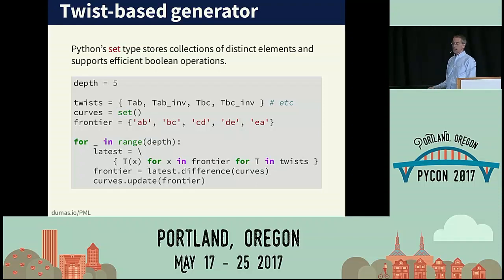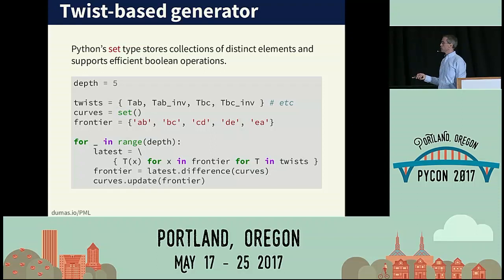The Python set data type is perfect for this kind of thing. It's meant for storing collections of distinct elements, so it takes care of filtering duplicates out for you. And it supports efficient Boolean operations. So in this case, what we can do is have a collection of curves that's initially the empty set,